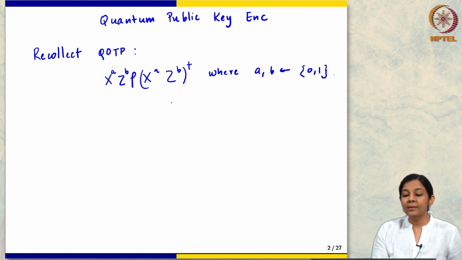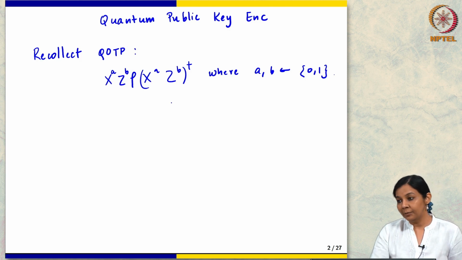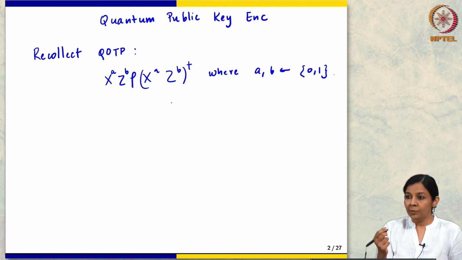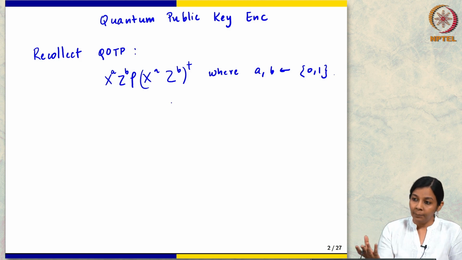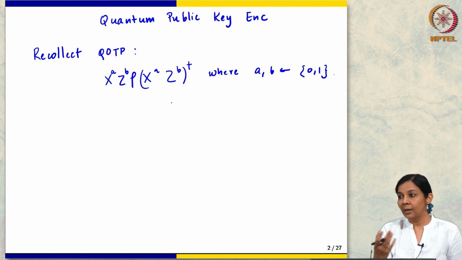And now my question is how do I generalize this to a public key encryption scheme? So, in a public key encryption scheme, what do I need? Well, I need a public and a secret key, and I need to be able to create a ciphertext that hides my state. So, again let us think of the state as rho. Okay. Now, how should I use this QOTP idea to get something much more powerful like public key encryption? The idea is actually very simple.